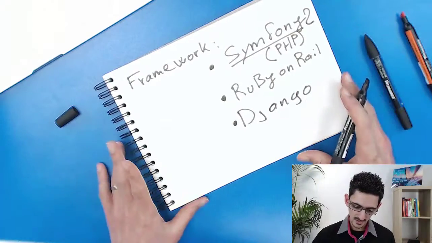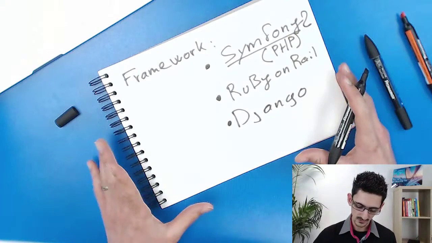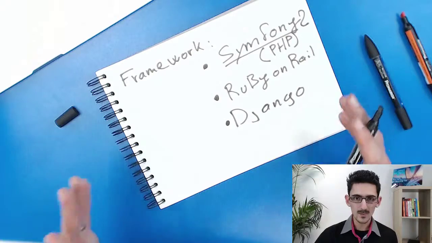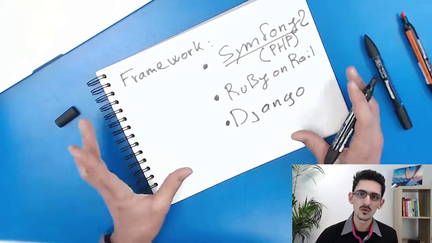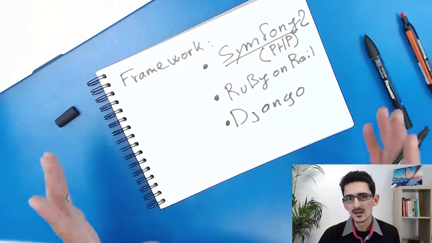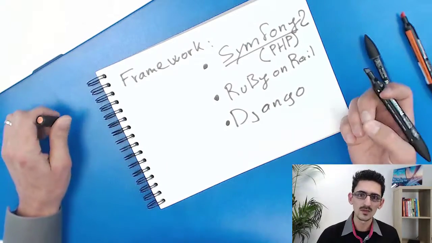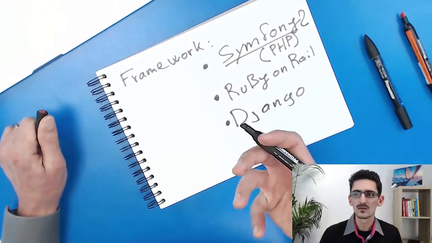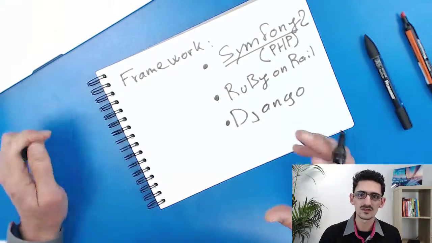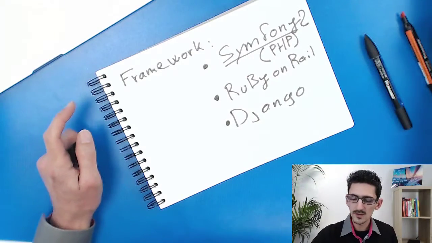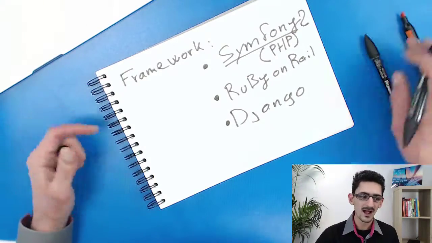Basically, if your developers use these kinds of frameworks, that means they know what they are doing, and they're going to build something that is a good product for the long term. That's a very good way for you, instead of just starting from scratch and developing software from nothing. I highly recommend you use a framework like Symfony, Ruby on Rails, or Django to develop